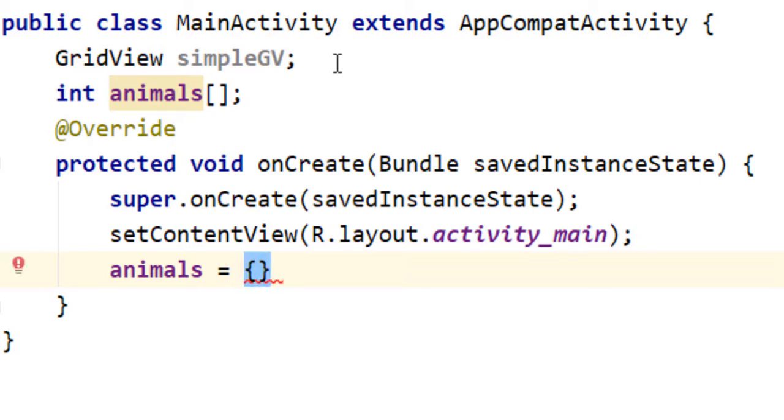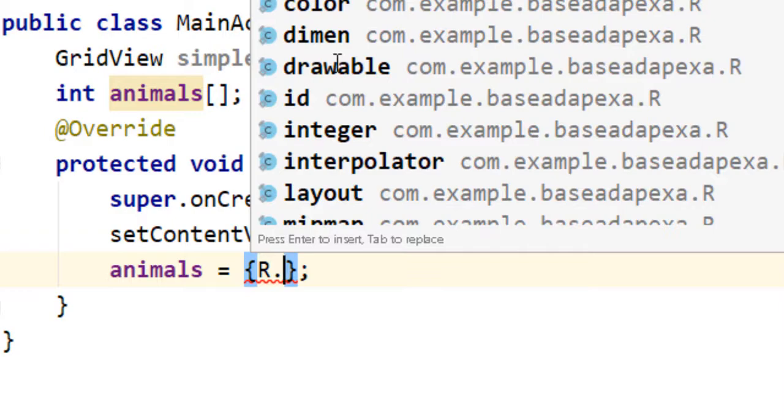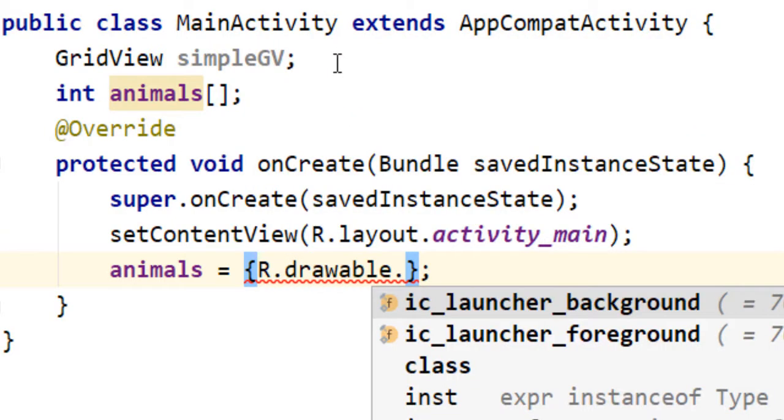So for that, please understand, in this area we are going to initialize a few of the items. So right now I am going to use R.drawable.ic_launcher_background, or ic_launcher_foreground. These two items I am going to use in repetitive mode.